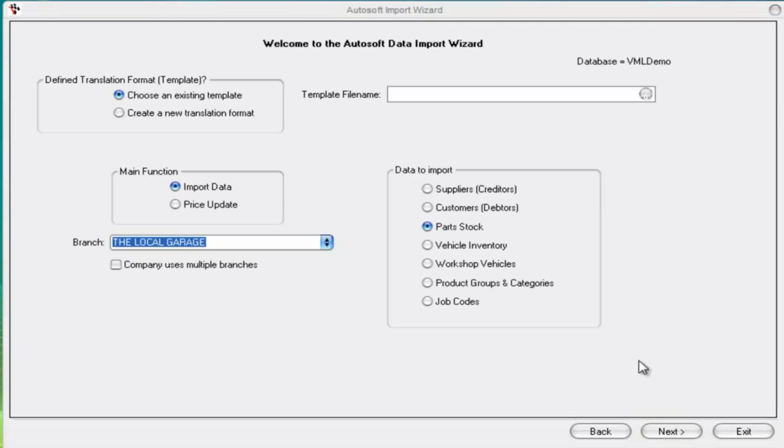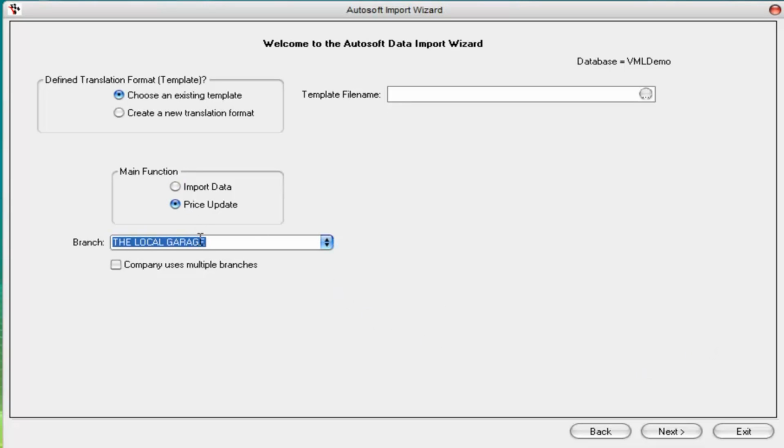Okay, we're going to do another data import. This time we're going to do what we call a price update. A price update is where you get a price file from a parts supplier that you would get somewhat regularly. You might get it, for example, once a month, or once a quarter, something like that. So what we're going to do is click on price update, and in this case